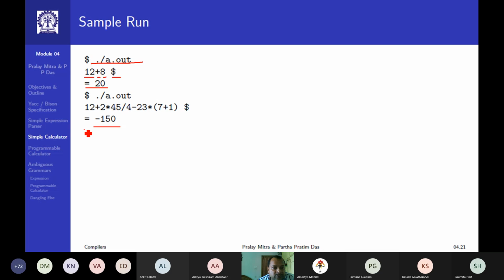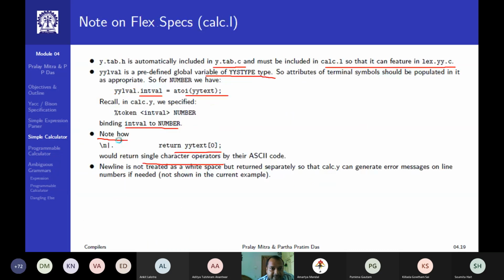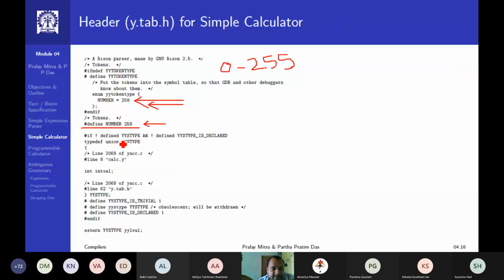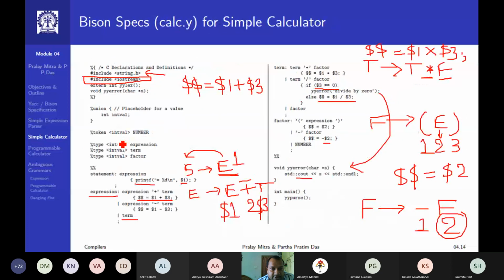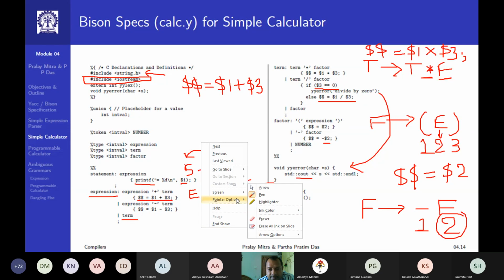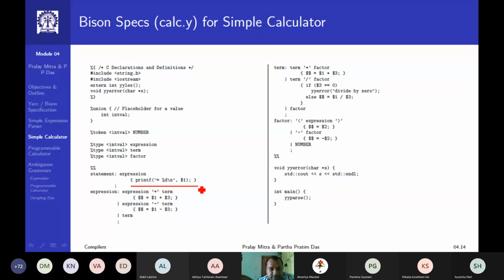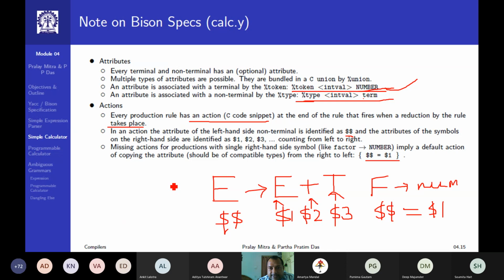Now this equals sign is actually printed because in my printf statement I am giving equals to. I am going back to the action statements of my Bison file. Here you see, let me erase everything. Here you see in the printf, what is printing? Within double quotes, equals to %d\n. That's why. Going to the next.